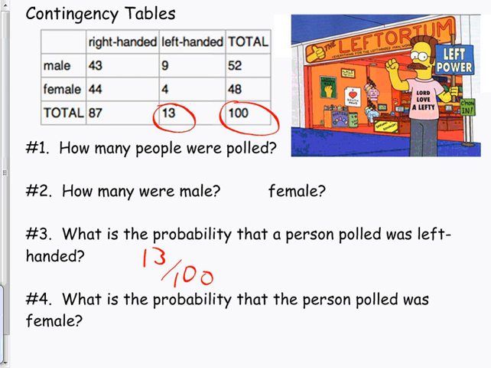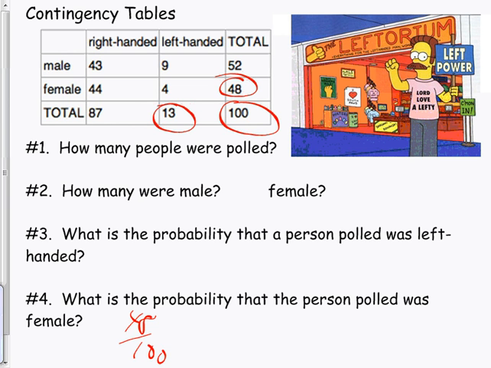What's the probability the person polled was female? Well, wait. The person polled, is it talking about this question? Because then that would change my probability a lot. Because if it was, we know the person was left-handed, and now we're trying to figure out if they're female? That would make the problem much harder. So you got to read these carefully. I can tell you that this is a new question. It's not talking about this previous question. So then if it's just a new question, what is the probability that the person polled was female? Because there's 48 females out of 100, so 48 out of 100.